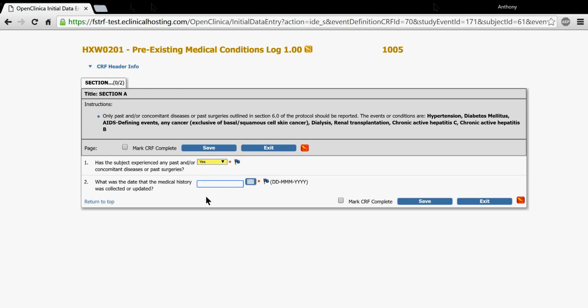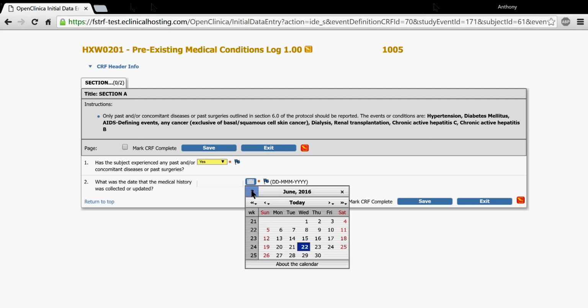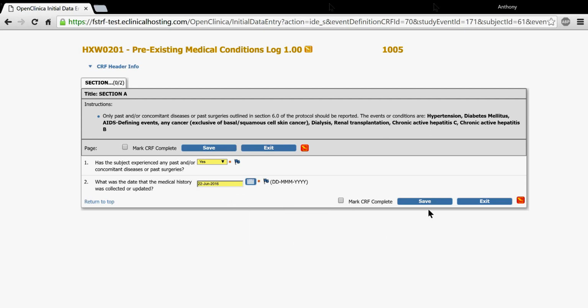And you'd give a date, because today is enrollment, we'd say the enrollment date, and we'd continue on saving. It would open up another section, and we would enter, like the adverse events log, information about that diagnosis of diabetes. However, if it's no, if they don't currently have a hypertension diagnosis, then we'd say no here, and we'd say we affirm that information on June 22nd, today, and all